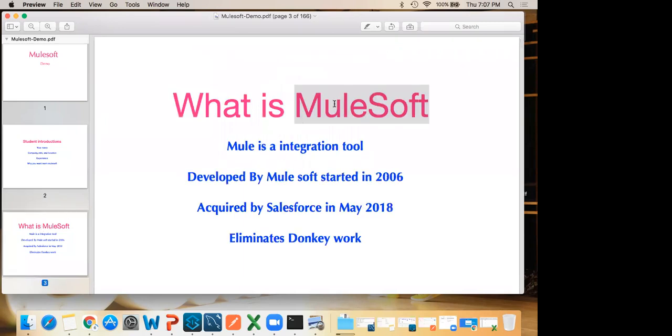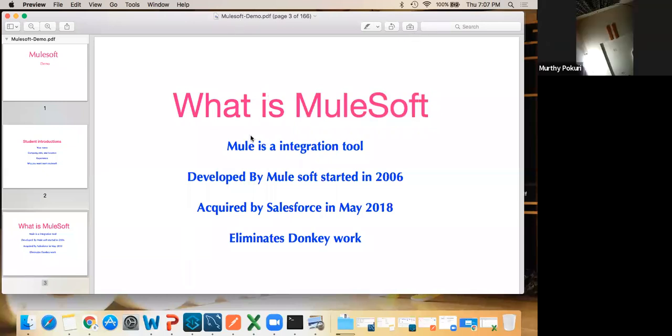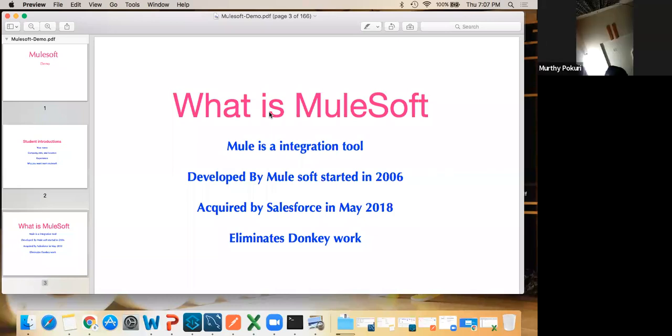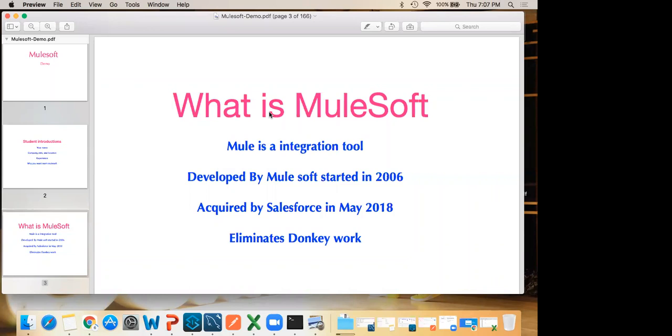First of all, why did they name this MuleSoft? What is the general meaning of mule? Male donkey. Perfect. So mule is nothing but a male donkey.